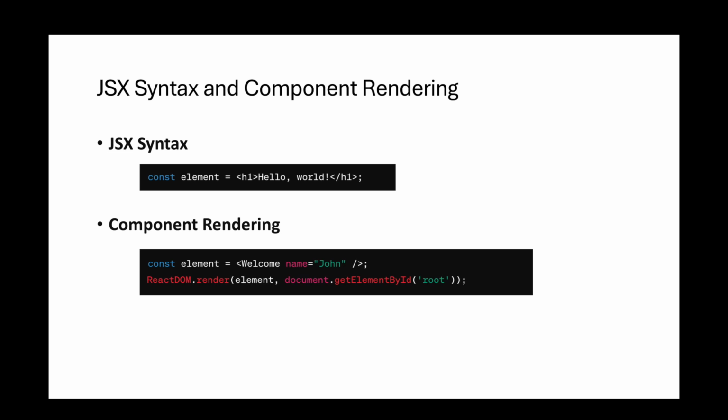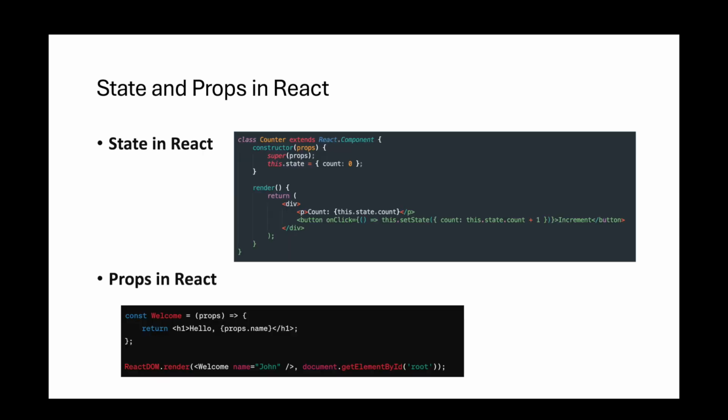Component rendering. To render a React component into the DOM, use the ReactDOM.render method, passing the component and the target DOM element as arguments. Example: const element = <Welcome name="John" />; ReactDOM.render(element, document.getElementById('root'));